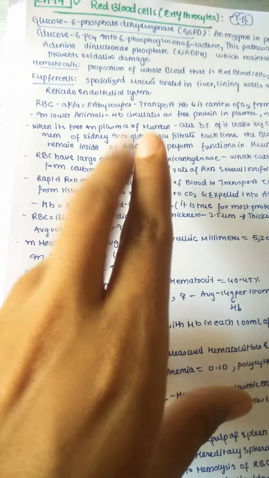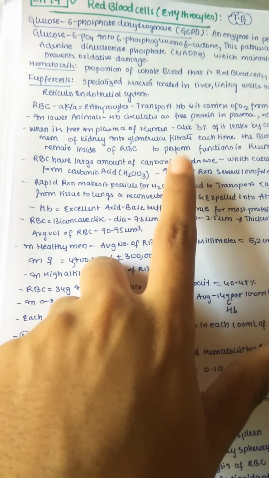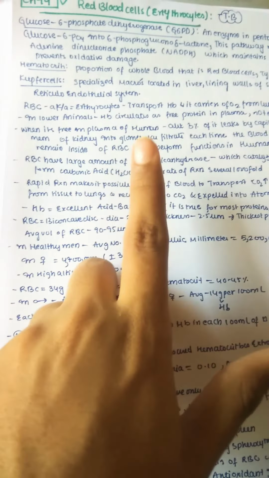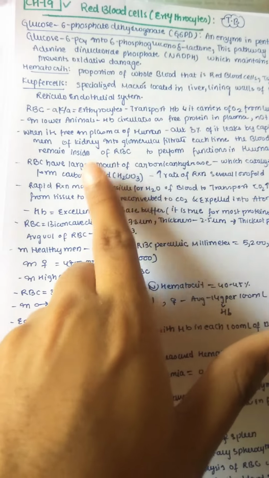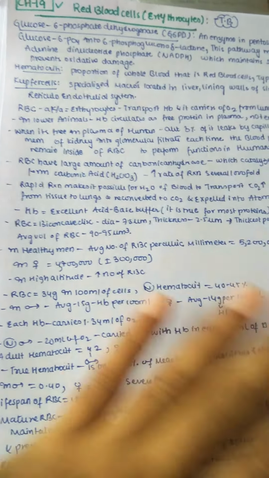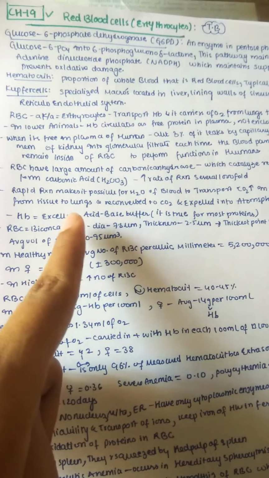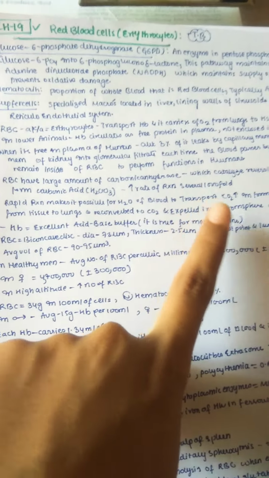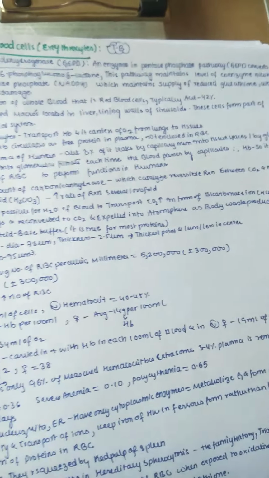So this is a reversible reaction which is mainly maintained by carbonic anhydrase, and this carbonic anhydrase enzyme is present in RBC. So why this? What happens if this is present? It mainly increases the rate of reaction several thousand fold. So if this reaction is increased several thousand fold, this rapid reaction makes it possible for the water of the blood to transport the carbon dioxide in the form of bicarbonate ions. So this is very important.